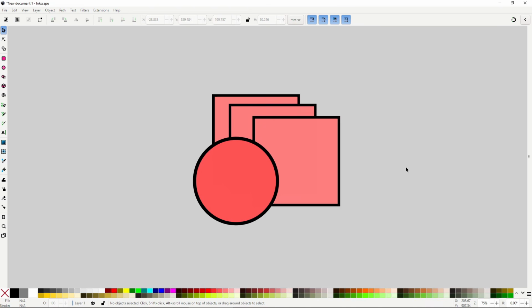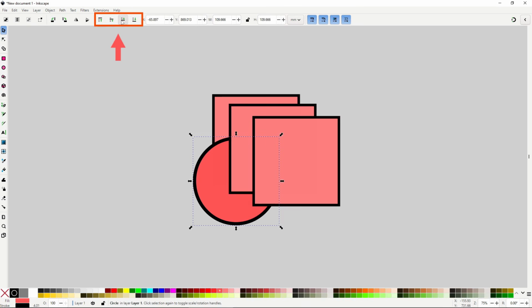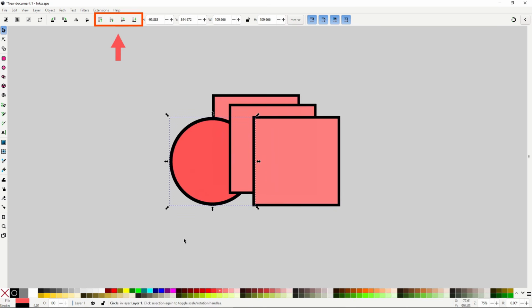You can adjust it from the Objects menu, but it's much faster to use these 4 buttons in the Selector tool. All they do is to move the selected object forward or backward in the stack. You have one button to send the object all the way to the bottom, another to bring it all the way to the top, another to move it one step up, and another to move it one step down. Changing the Z-order of objects is something you'll be doing constantly when drawing, so it's definitely worth becoming familiar